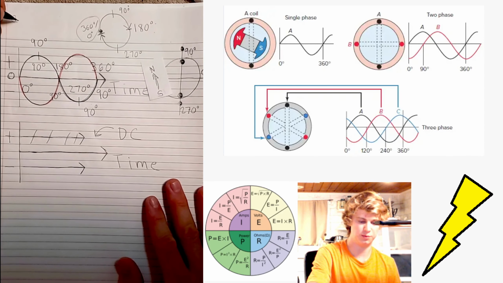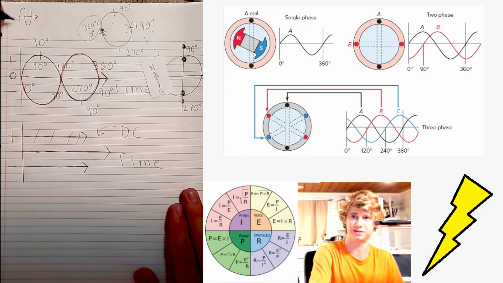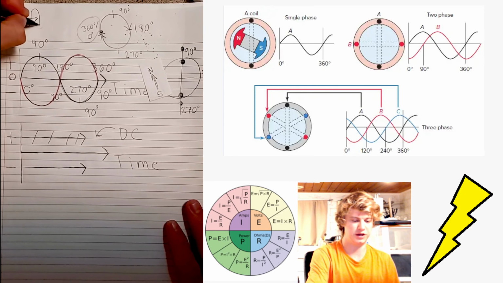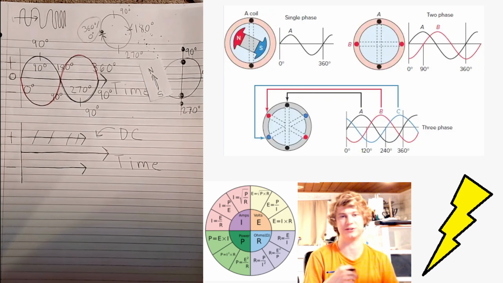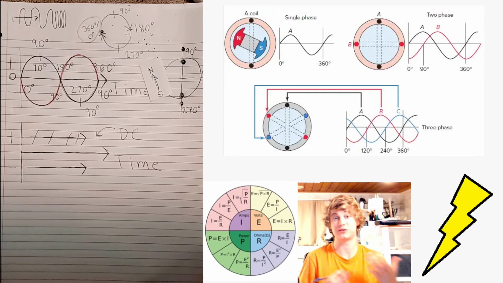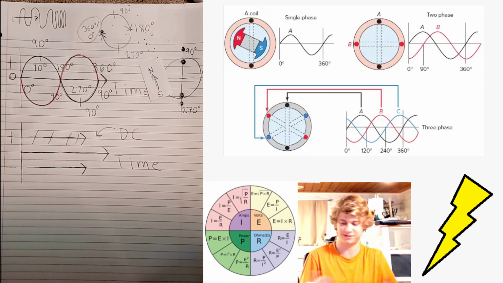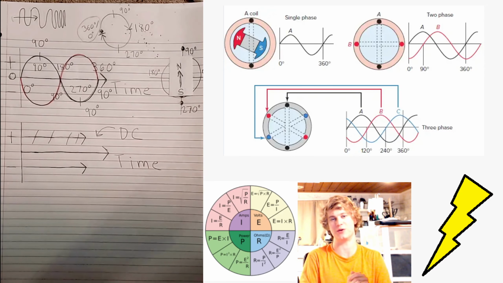And the phase would be, does this occur in 1 second? Does this occur in 3 seconds? And then the frequency just tells you, okay, how many times does this occur in a given amount of time? Does it have a high frequency or does it have a low frequency? And now this will help us understand why this is called single phase and three phase, because we can understand what is going on in three phase by looking at how each of the individual sine waves